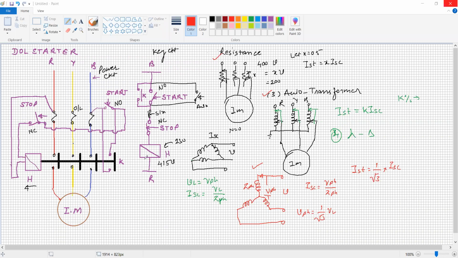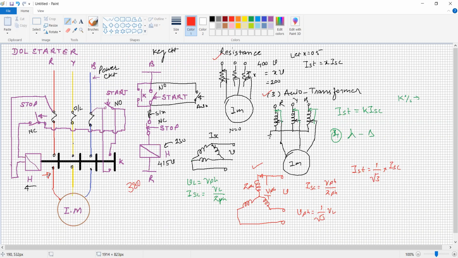Okay. Now one thing is remaining for this one, under voltage protection. As soon as the voltage reduces, say below 380 volt, the coil is de-energized, and because it is connected with a spring, the spring tension moves the plunger to the off position, or the opposite position, and the motor gets stopped. So if the voltage is 0, or the supply fails, the motor gets disconnected, and once again you have to start the motor manually, or some automation systems are there. So these are the different types of starters.